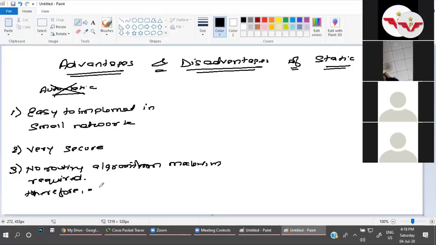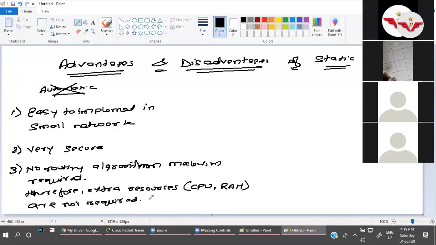Therefore, extra resources like CPU or RAM are not required. Is it clear? If the router is not forwarding its routing table information to the neighbor routers, it means static routing is not using any extra resources of the router like CPU or RAM, right?